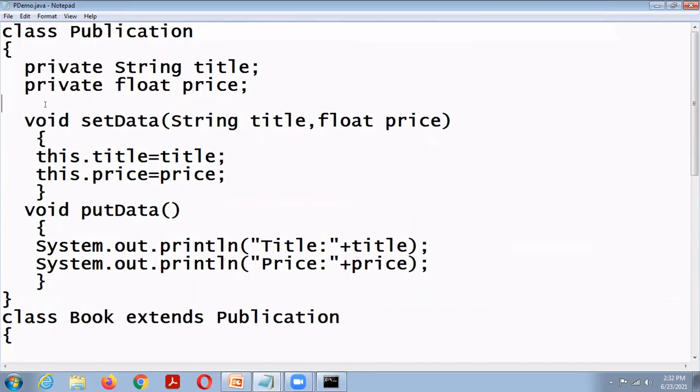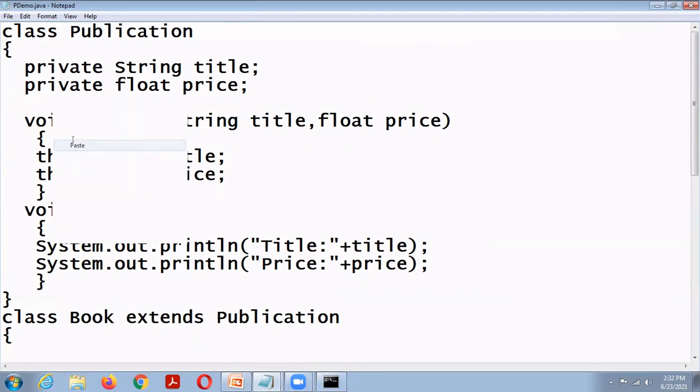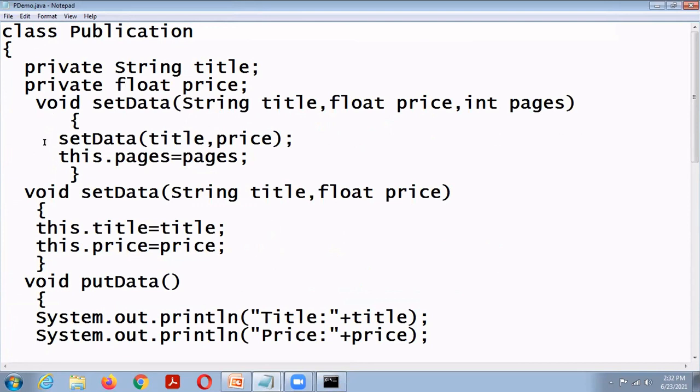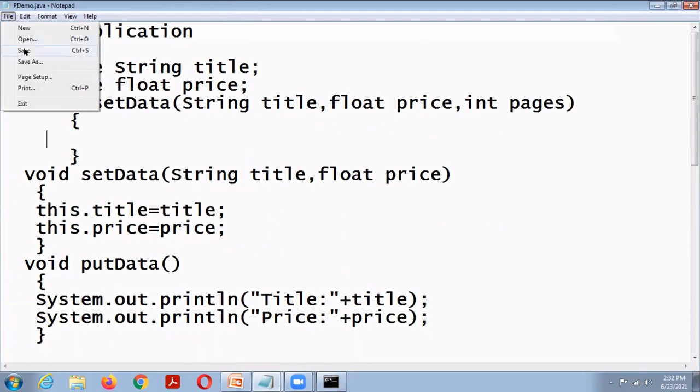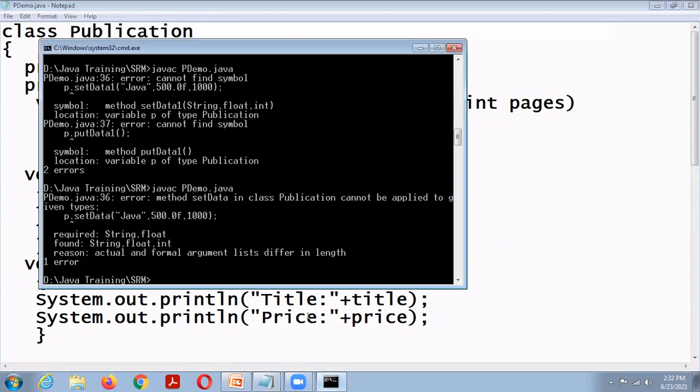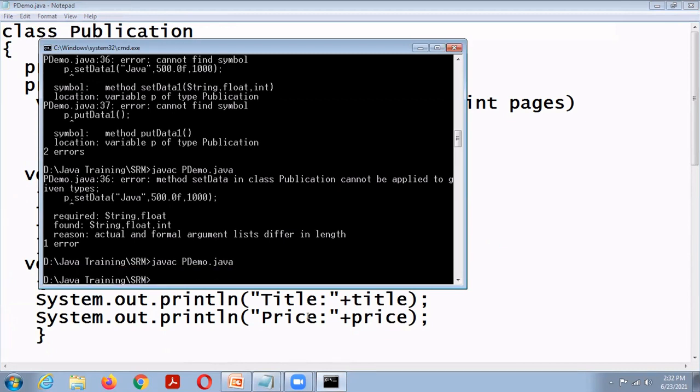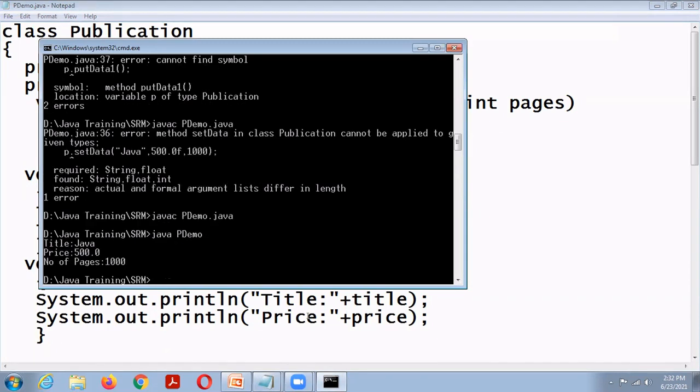So I just declare one method. Then java P. Now it will display title, price, then number of pages.